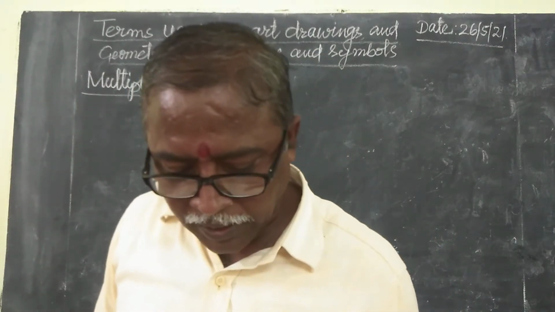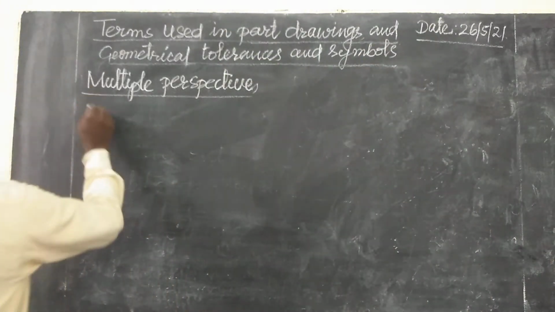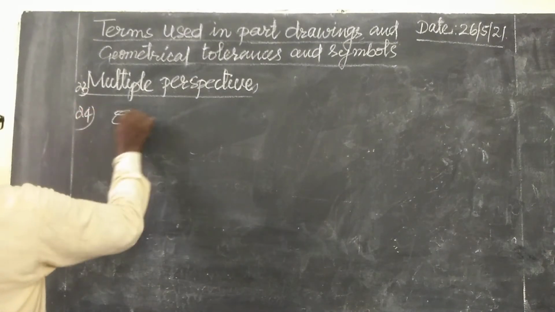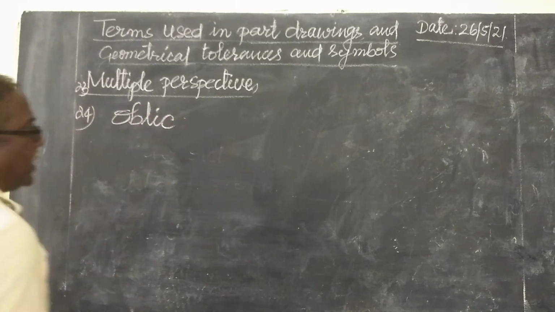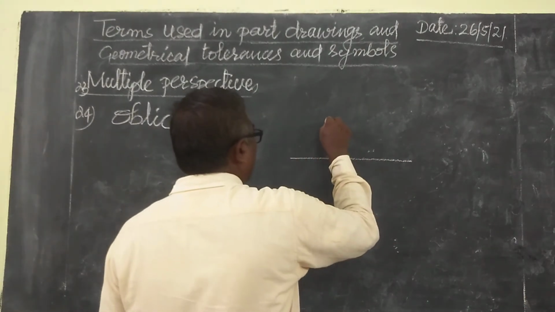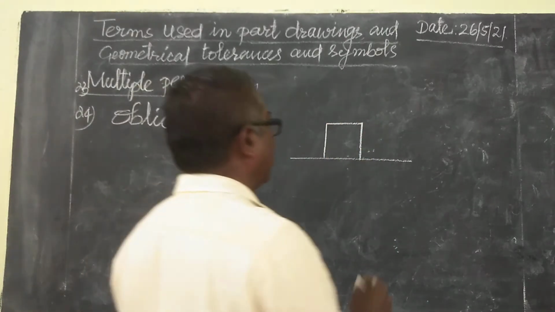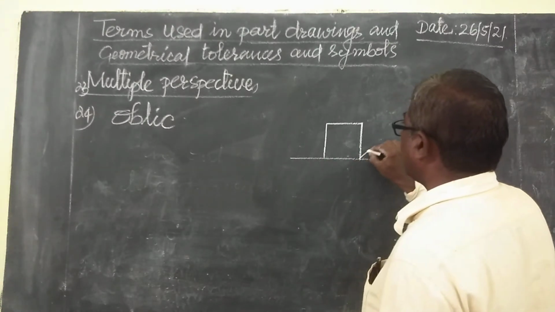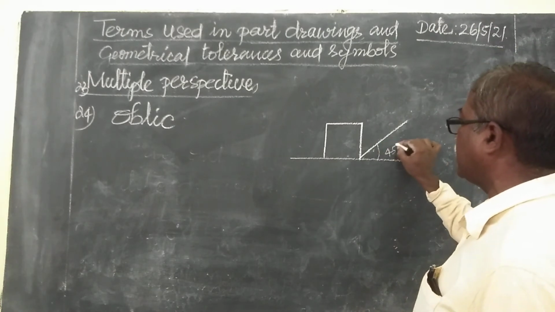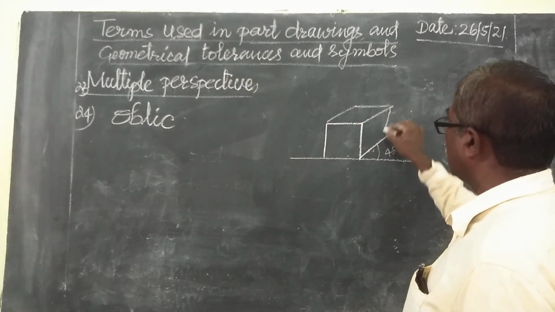Then next, oblique. Oblique means, for example, oblique. The 22, 23, then 24, oblique. So whenever the horizontal line is like this, so the square is like this. We wanted to draw the figure like this. The slant line goes like this, that will be oblique. This angle may be 45 degrees, sometimes may be 30 degrees. So you have drawn that figures also. So this is oblique.